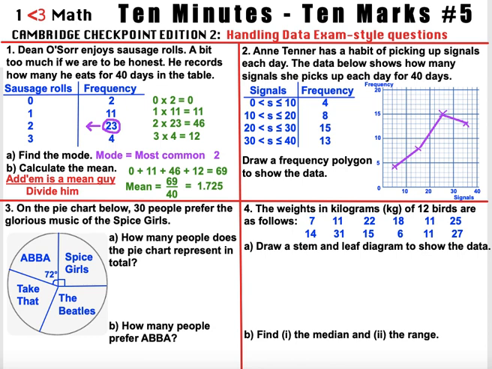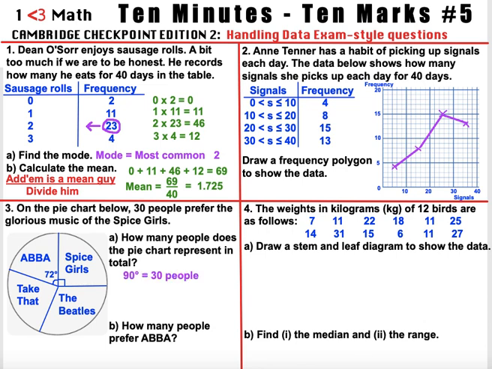And part B, how many people prefer ABBA? Now there's two ways to do part A. We can see that Spice Girls represent 1/4 of that pie chart. That's 30 people, and we could multiply that by 4, and that would tell us that the pie chart represents 120 people. However, had that not been a quarter, and had it been a more difficult value, you might have